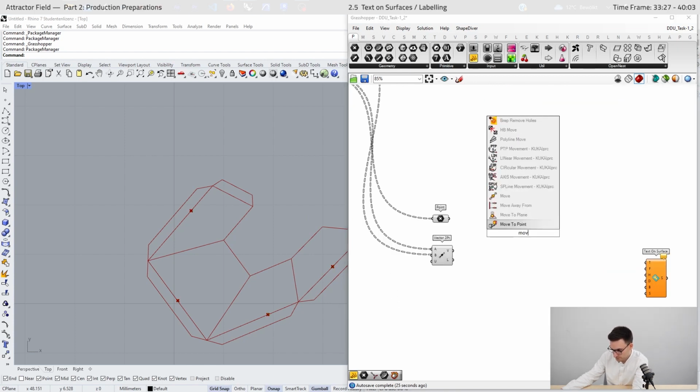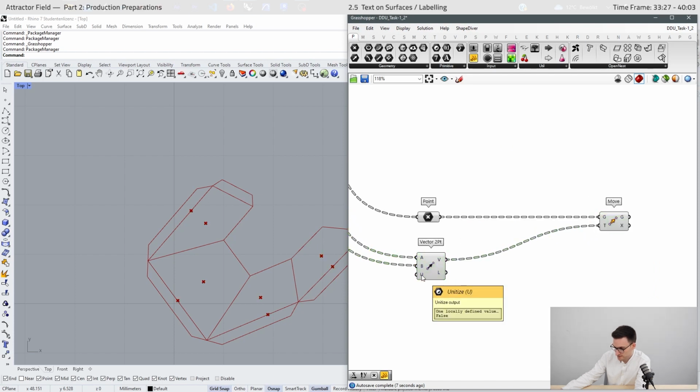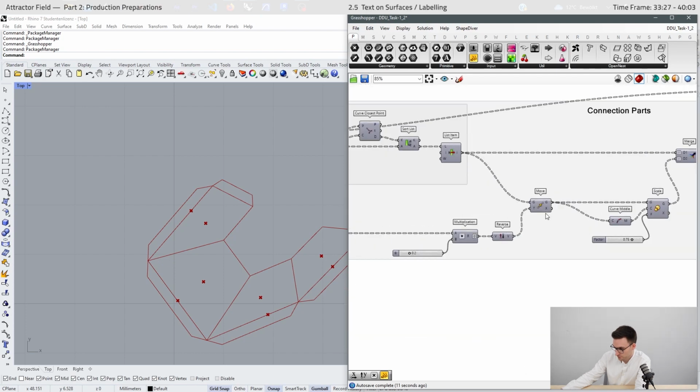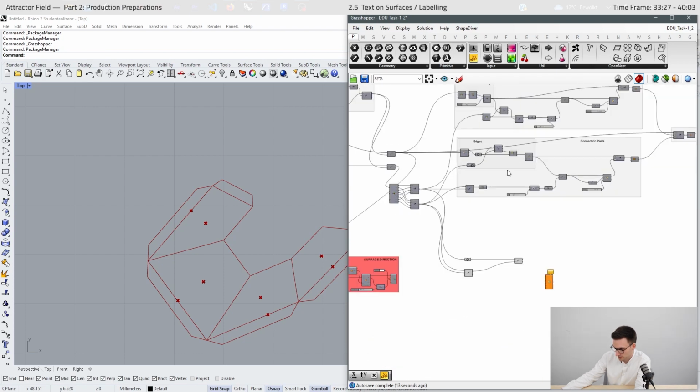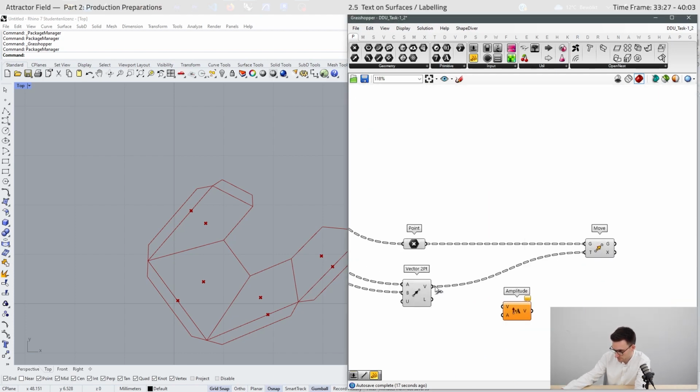First we will move these points with these vectors, can unitize the vectors and use the multiplication component, or we can also use the amplitude component.